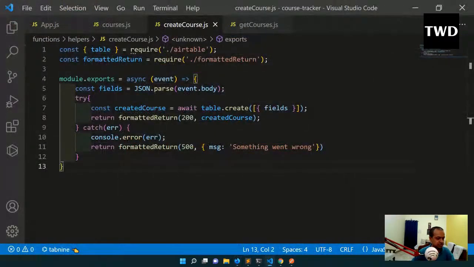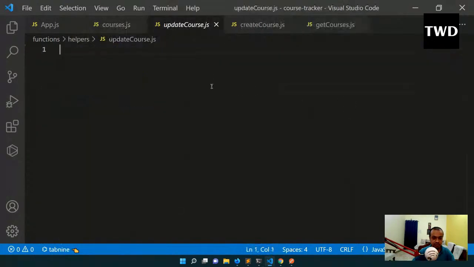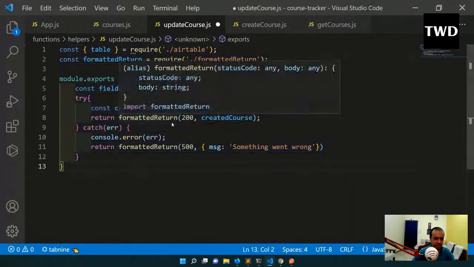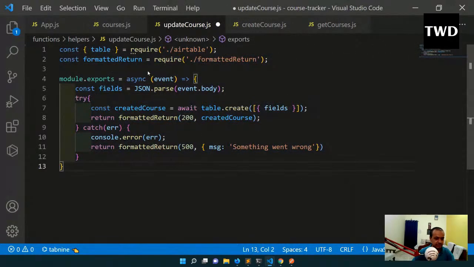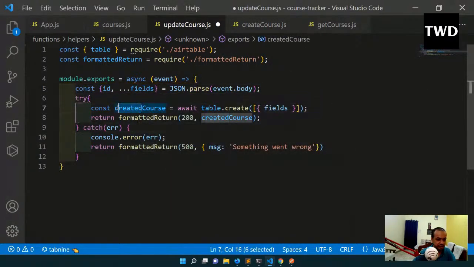Okay, so the next thing which we are going to do is the update course. So again, let me come here. I'm opening it from here, I don't know why. Okay, update course is there, and again update course will be much more similar to this, I think. Okay, create course, async event formatted return is okay, and with the fields we'll have an ID also that we'll be passing. Okay, so object destructuring, and ID comma dot fields, JSON dot parse event dot body, and it will be